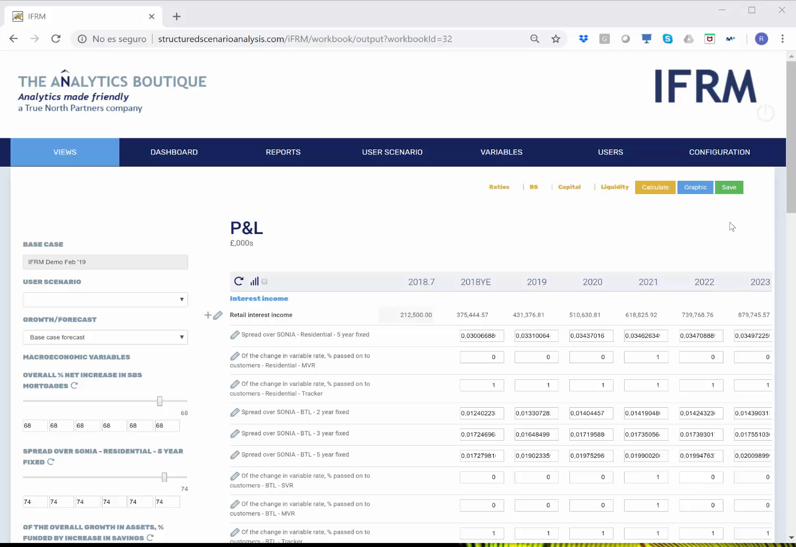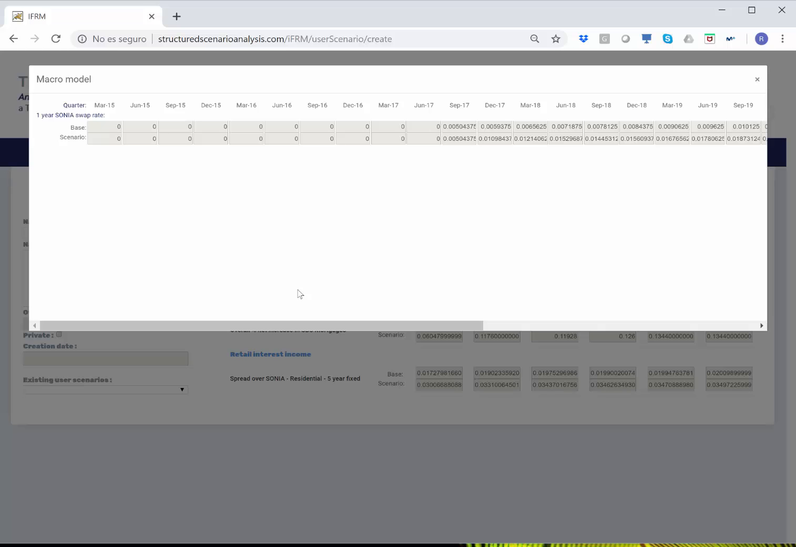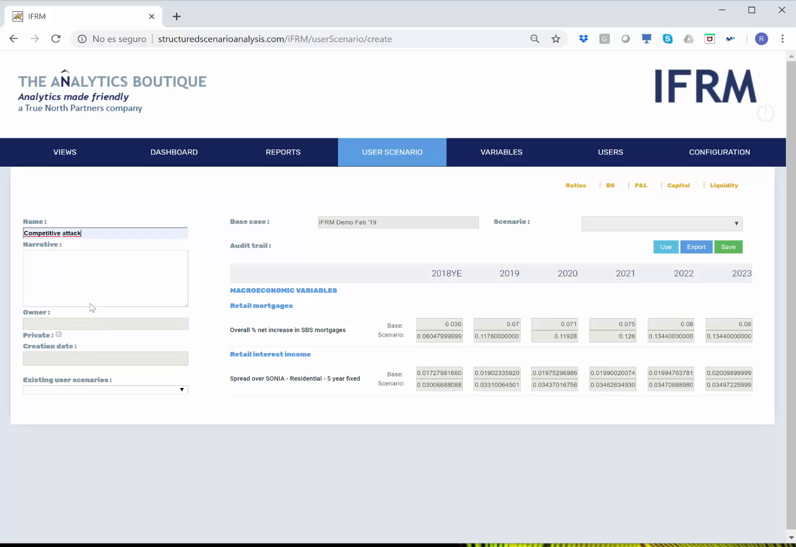Once the calculation is finished, we simply click on Save, and we'll be brought to this other place where all the audit trail of the different variables that have been changed are stored. That would include the macroeconomic variables that we've been changing, and then we simply add a name for the scenario and a narrative,